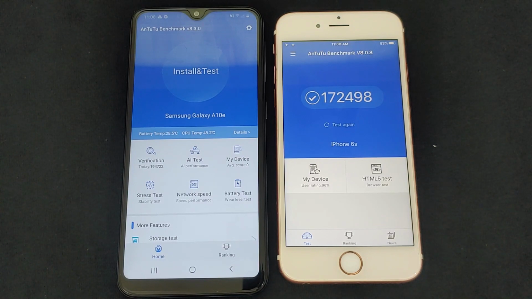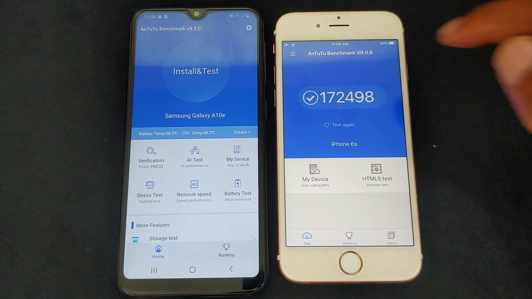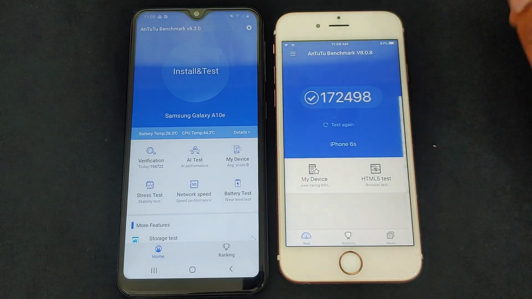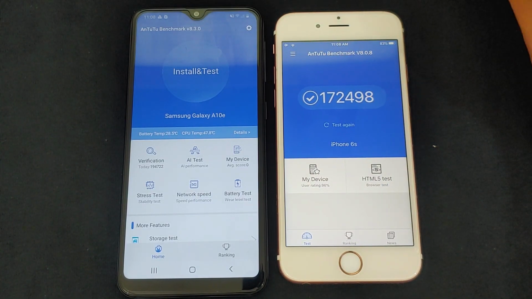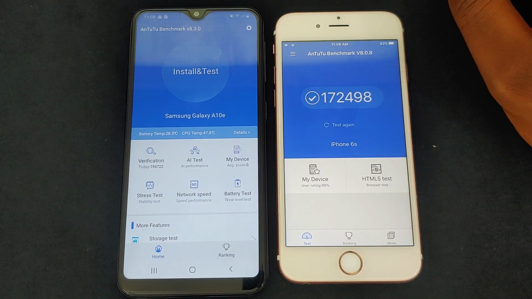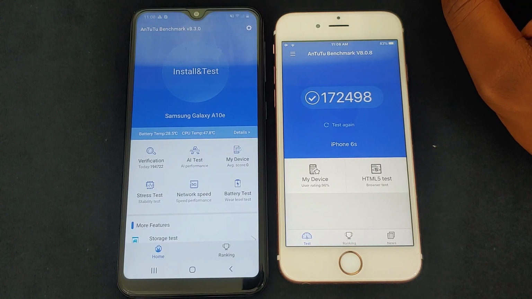Unfortunately, I wasn't able to get the A10e benchmark app downloaded from the Play Store, and I tried the third-party route, or just basically using an APK, and it didn't work out for me. But I can assure you that the Galaxy A10e, when I did get the application on the device, did not score anywhere near what the iPhone 6S scored, which is